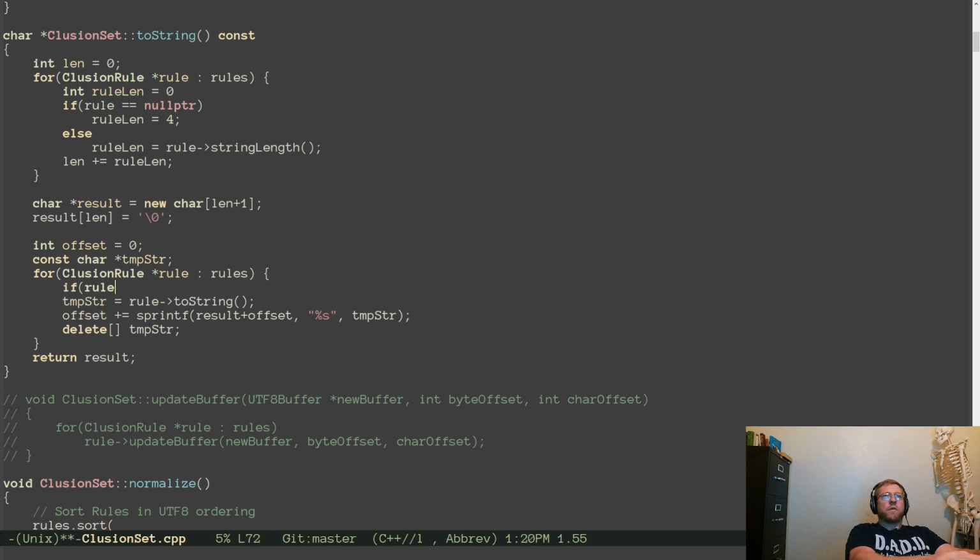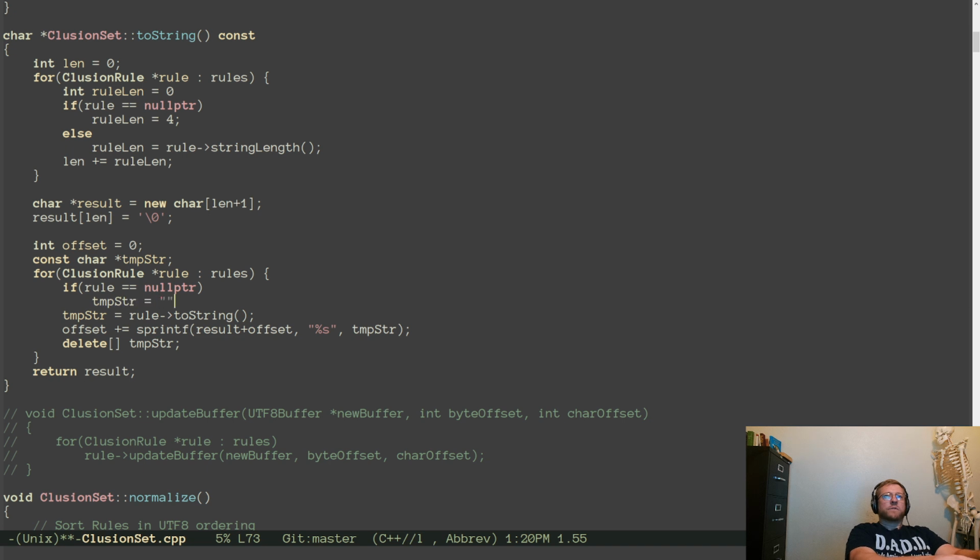If rule is equal to null, type string equals 5.